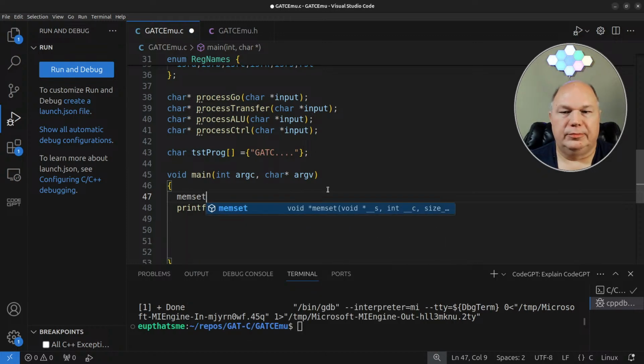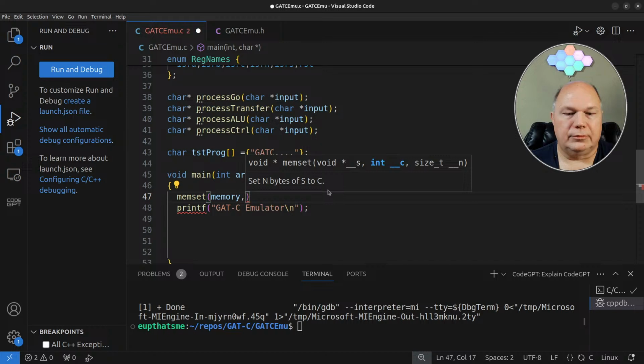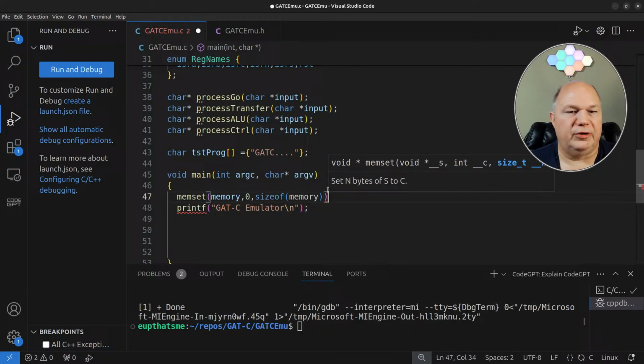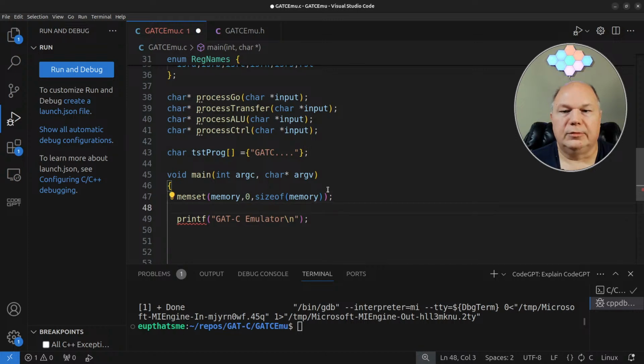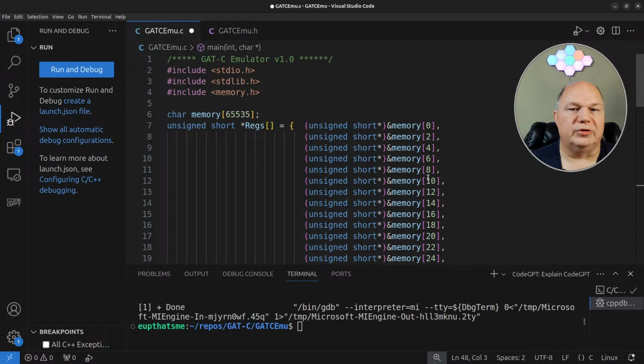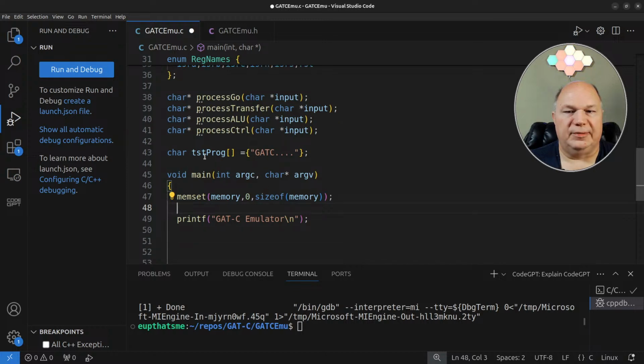So memset memory, 0, size of memory, and see what else we want to initialize. So the idea is that after all of these registers, our program would actually exist in memory, in this same memory. So we're going to copy from our test program into memory,